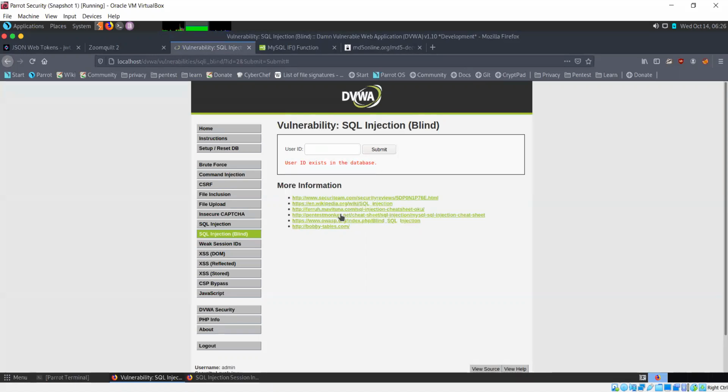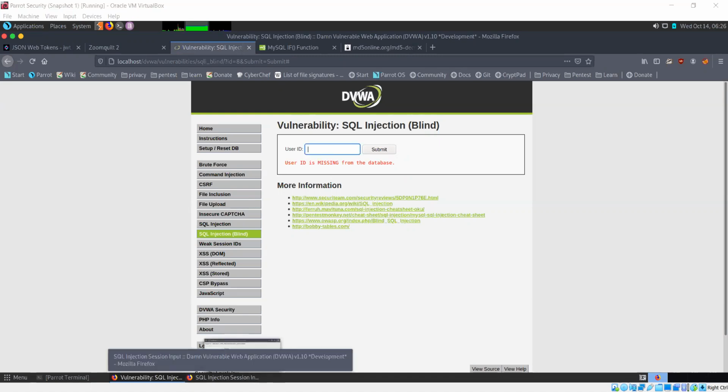It's not showing me any details, columns, rows, anything. The same thing will happen for any user ID up to 5, because we've seen there are 5 users. If I enter anything more than that, 6, 7, 8, then it says the user ID is missing from the database.